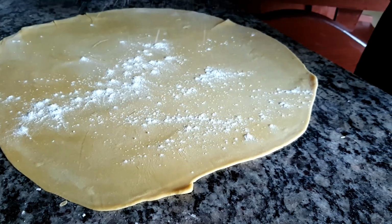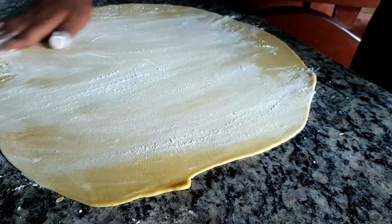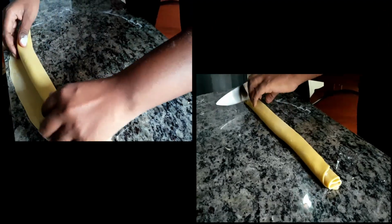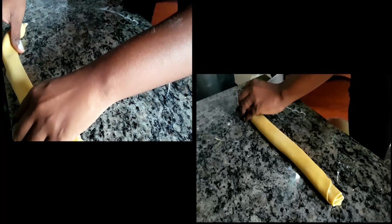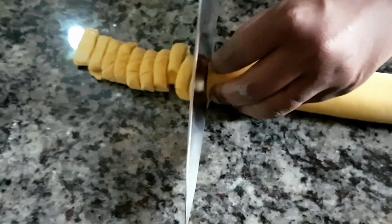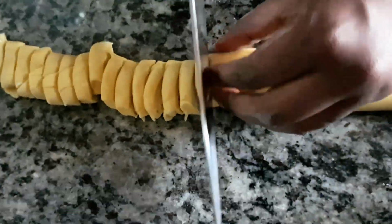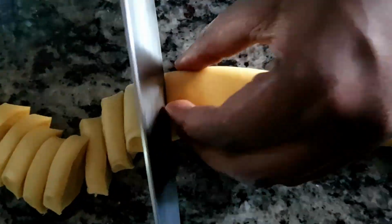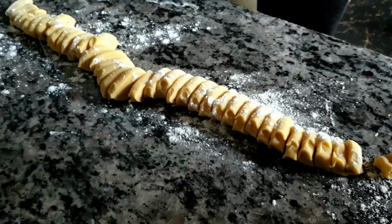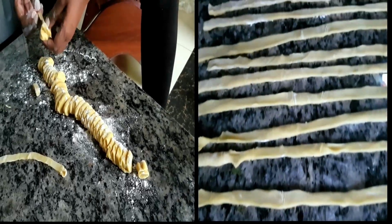And I put flour to help me so that it doesn't stick to each other. And then I fold like this. You want your folds to be even, and then I cut the pieces into smaller, manageable pieces. If you want spaghetti kind of style, you go smaller. It depends on what you want. Can go smaller or bigger depending on what you want to achieve. And then I put some more flour to be able to work with it. I unfold and come up with this beautiful